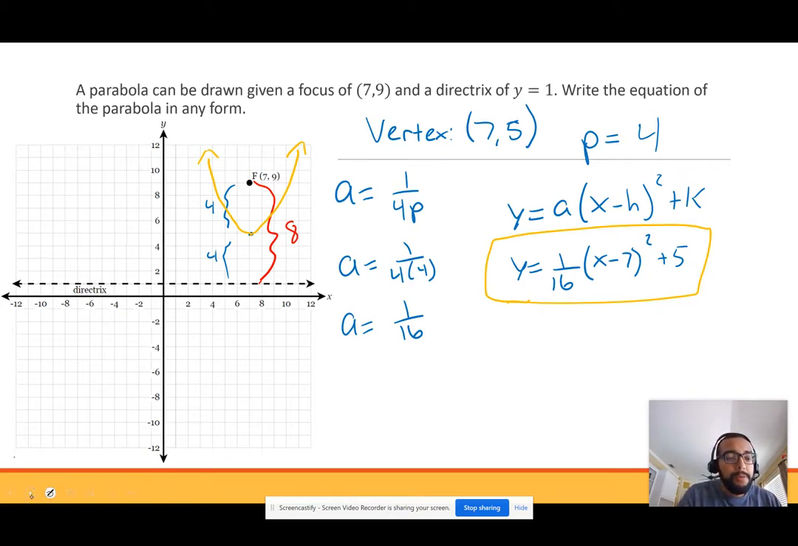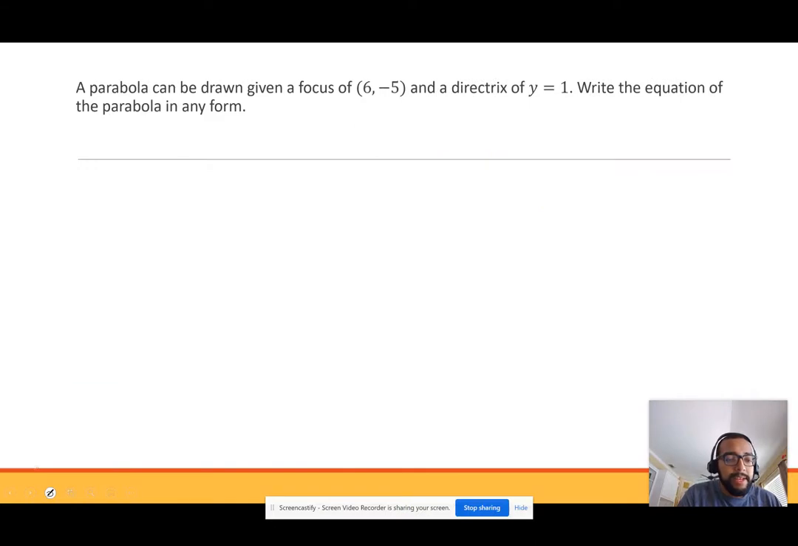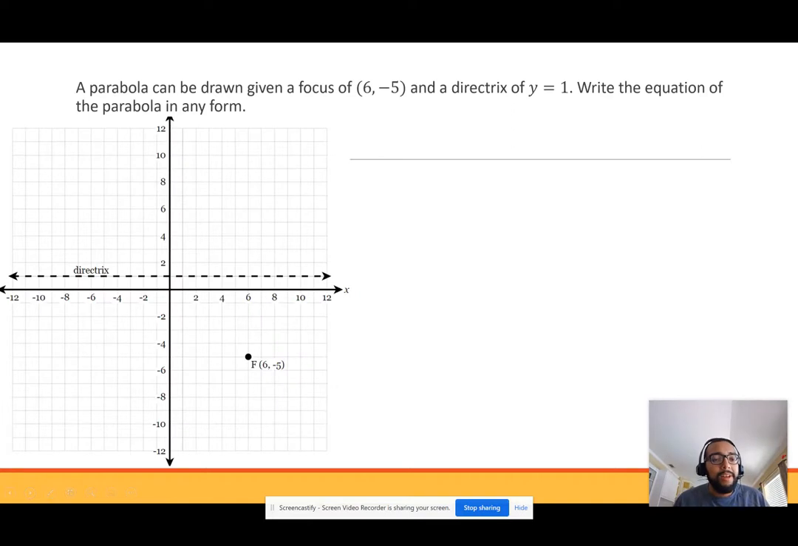We got 2 more. Same thing here. Focus 6, negative 5. Directrix y equals 1. Write our equation. First step, plot them. Boom, done. Cool. Next step, find your total distance. That is y equals 1. That is 6, negative 5. So this distance right here,